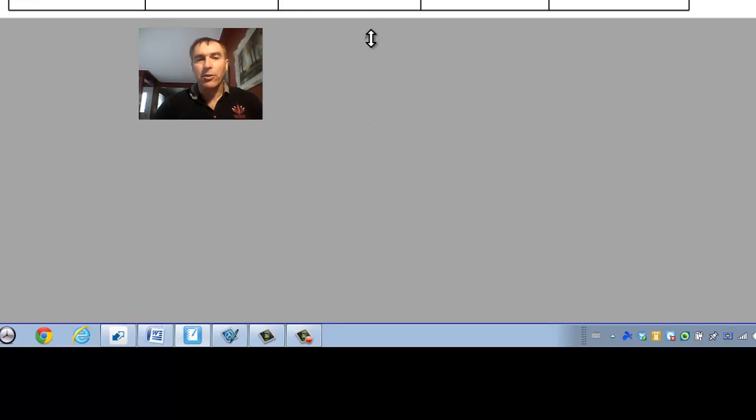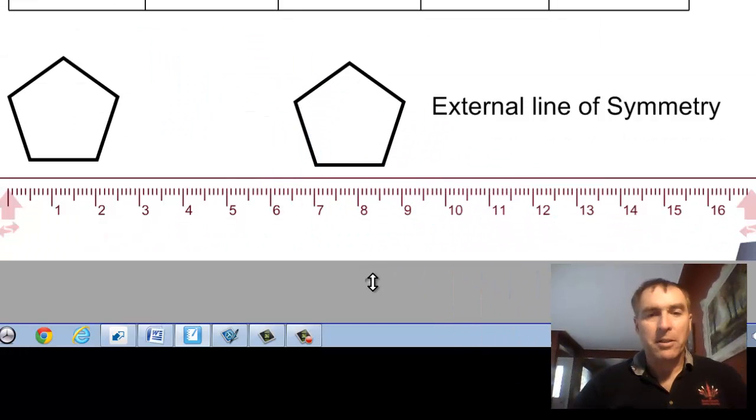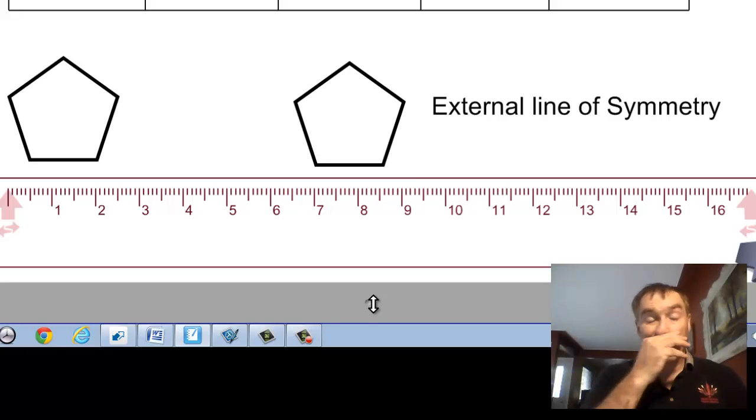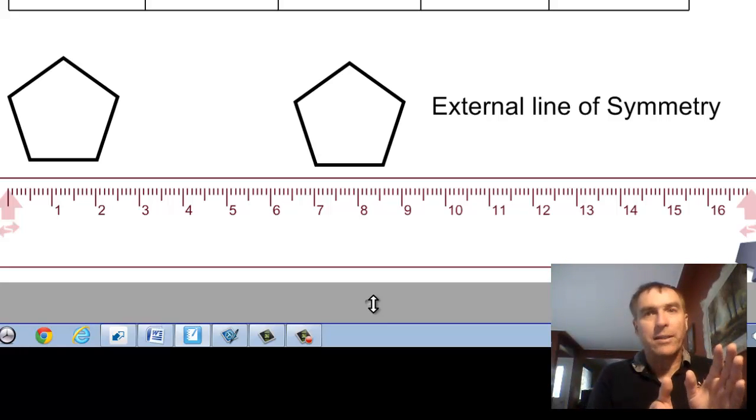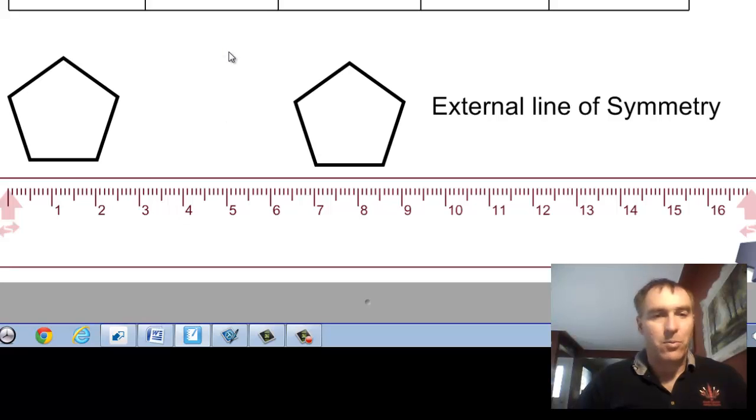The other thing that you can do with symmetry is, we've been talking about internal lines of symmetry. You can also have an external line of symmetry, where you have 2 identical objects and you have a line in between them, so that if you fold the one half onto the other, we get a symmetrical object as well. So here you can see our ruler is down there, all laid out, and if we draw a line between these 2 objects,